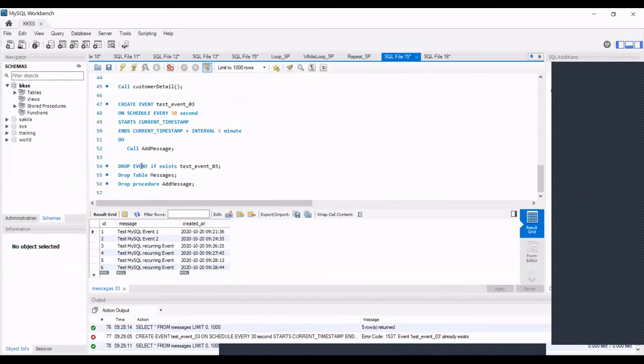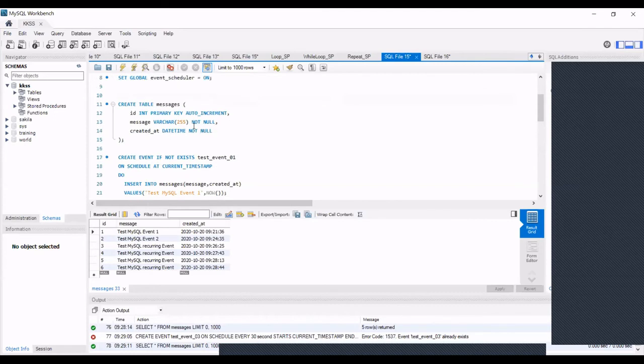If you want to edit anything, you can't edit it directly. You just need to drop that event, make the changes, and call it again. As I already told you, we didn't preserve our first event, so it got deleted.